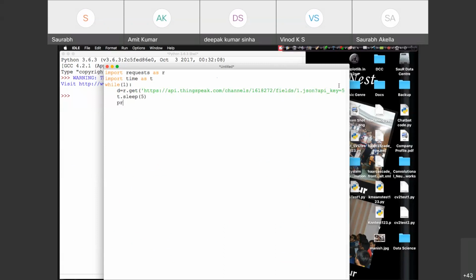I want to check this data. I'll show you what will come in D. It will not actually be the data. It will be a response. Response means if the URL is working perfectly, the response would be response 200. Otherwise, there'll be an error, response 404. Right. Let's try to run this code also.